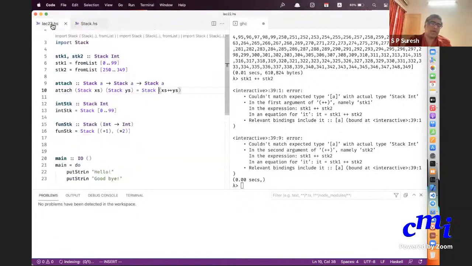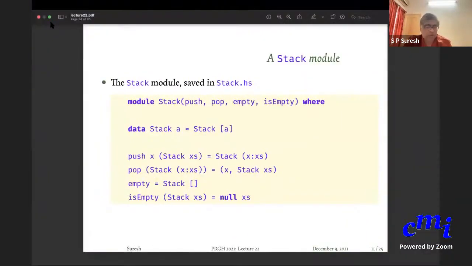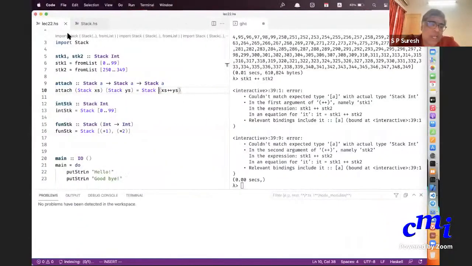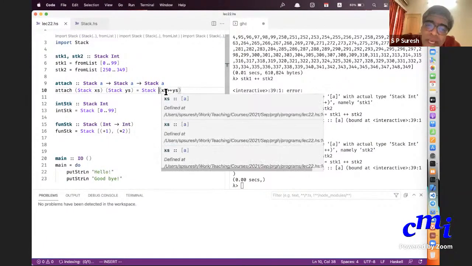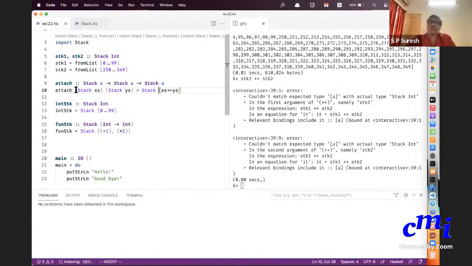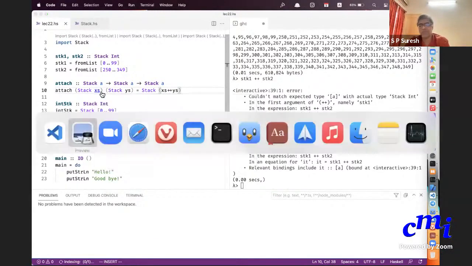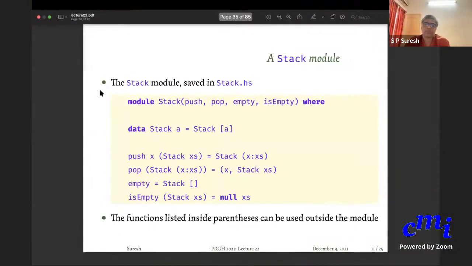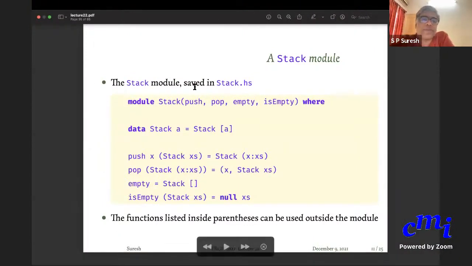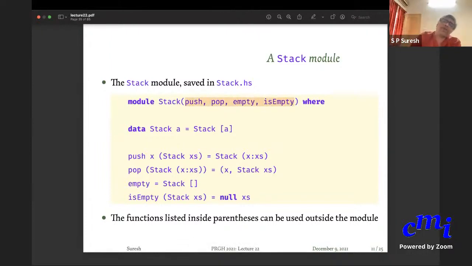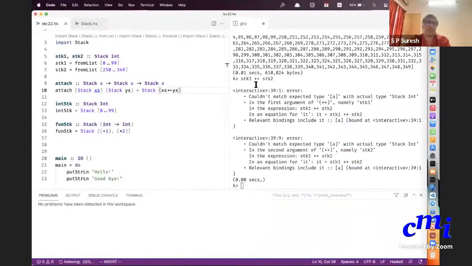So let's get back here. This is also fine as of now, but we want to add more restrictions. Right now you are still able to do the stack access ++ wise. That is because you know that Stack itself is of the form Stack access, where access is a list. Ideally speaking, you shouldn't know this. So the way you do it is something like this: you say Stack, push, pop, empty, isEmpty is what I want to reveal to the outside world. Okay, let's do that.